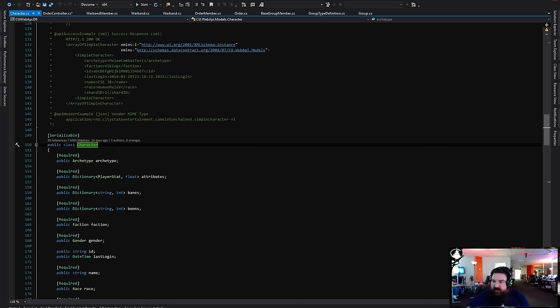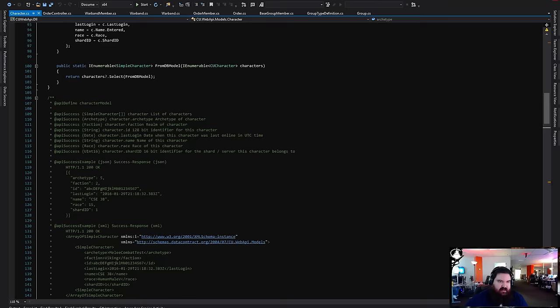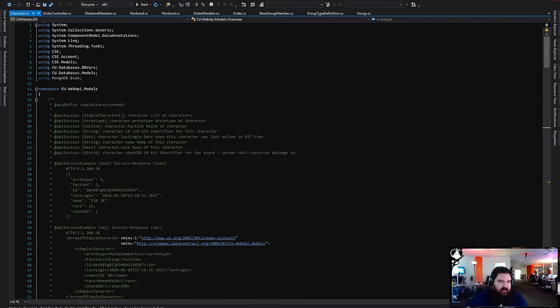Because with warbands, what I did is we have a group server, and that will check if you are currently in a warband, because it keeps an active in-memory list. Orders don't. So I'm going to add it to the character object, not that one, the other one.